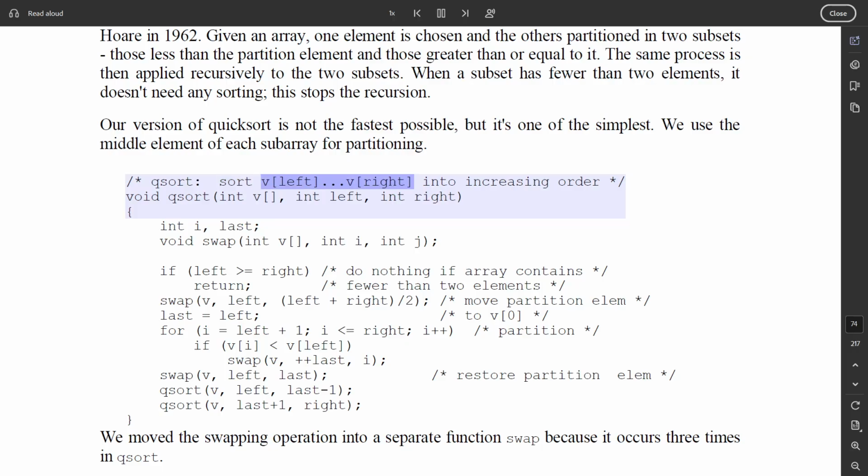/* qsort: sort v[left]...v[right] into increasing order */ void qsort(int v[], int left, int right) { int i, last; void swap(int v[], int i, int j); if (left >= right) /* do nothing if array contains */ return; /* fewer than 2 elements */ swap(v, left, (left + right)/2);